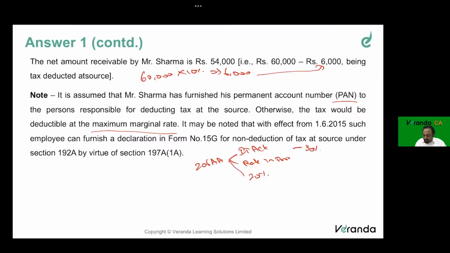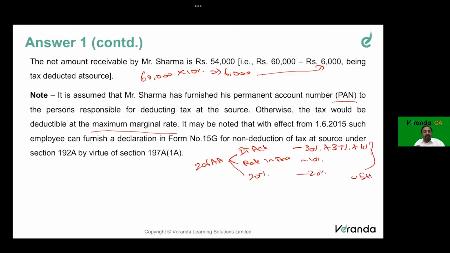So which will be 30% plus 37% surcharge and plus 4% cess. So this will somewhere give around, let's say, 40% plus. So that percentage will be the maximum marginal rate. And whatever TDS that is supposed to be deducted under this act is 10%, and this is 20%. Now, whichever is higher applies here for these employee related information.